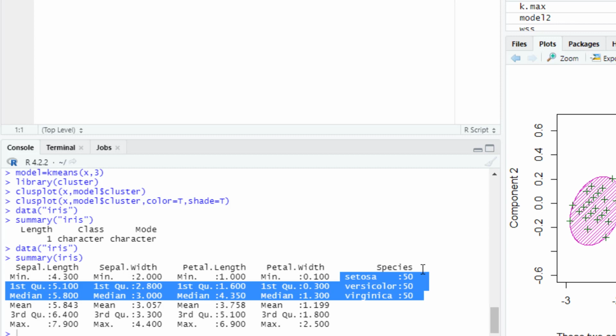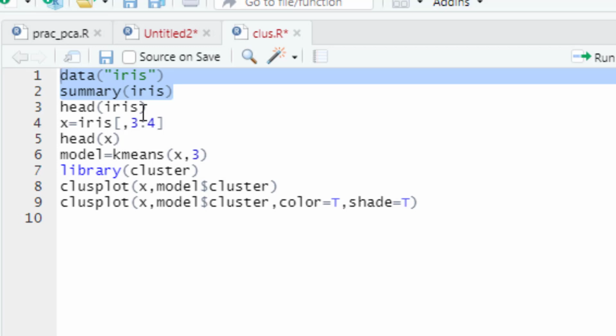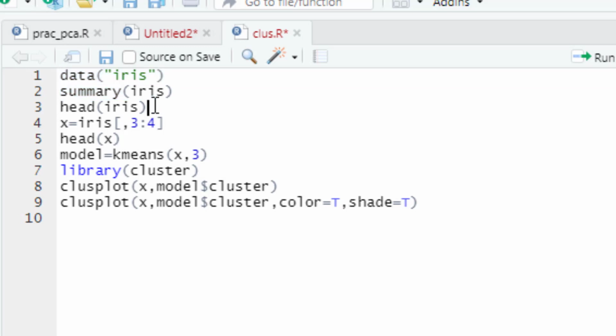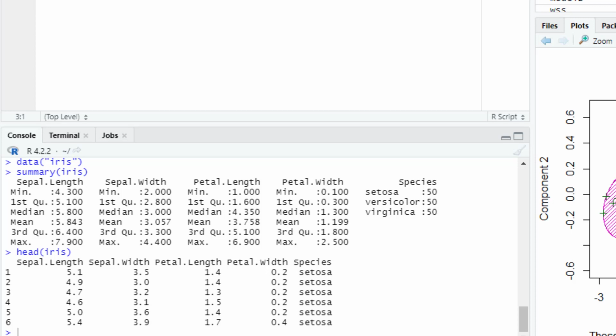Moving on students, that was step 2. We used this IRIS, we loaded the data set with the help of data, and then we will also make use of head. Now what does head do? Basically if you want to show the initial rows, head always means from the top. When I run this it will only show us 6 because by default we are just getting 6 rows of data. Next step is basically to separate the third and fourth column into a fourth object.